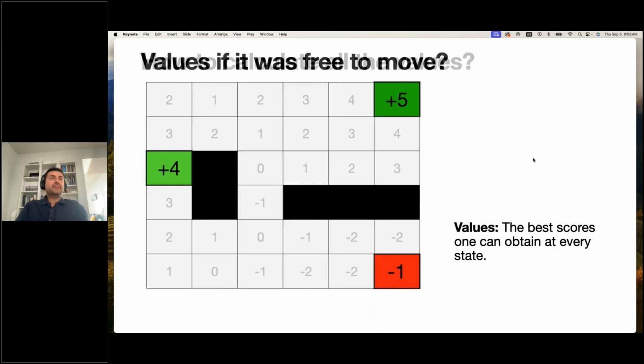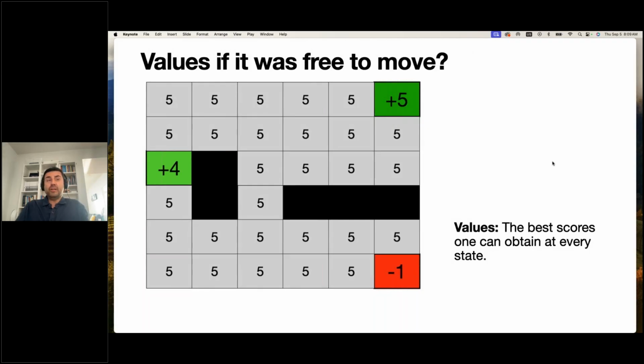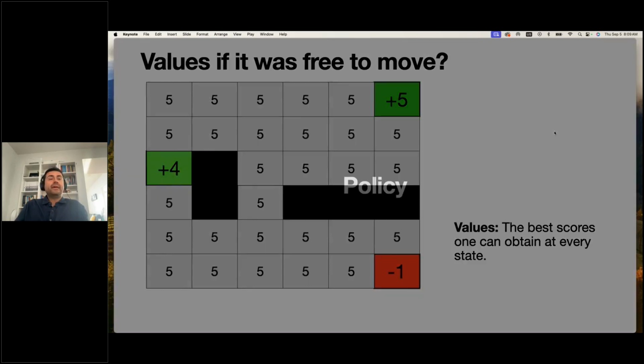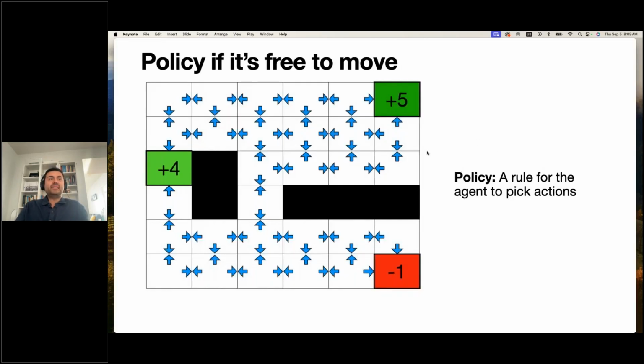And now I have something else. The values, if it was free to move, would all be 5, right? If it didn't cost 1 euro to move, it would all be 5, because wherever I am, I can walk into a 5. Now I have something called a policy. If it was free to move, my best policy would be to try to get to the 5 and not get to the 4 and not get to the -1. If I remove the arrows that get to the 4 and the -1, then I have a perfectly good policy. It says if you walk around those arrows, eventually you'll get to the 5 and win.